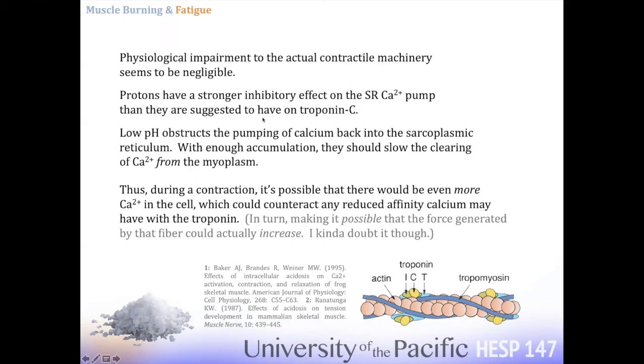And the hydrogen ions, what they seem to inhibit, the reloading of the reticulum more than they would inhibit the troponin C. And so you might actually have more calcium in the cell,